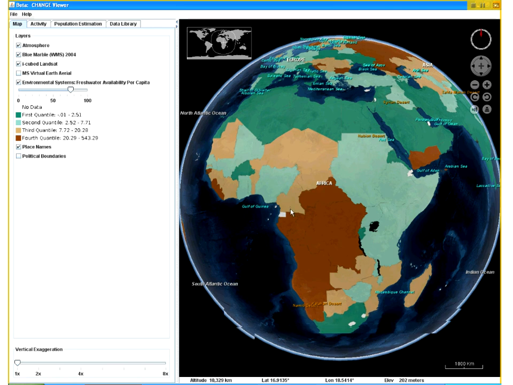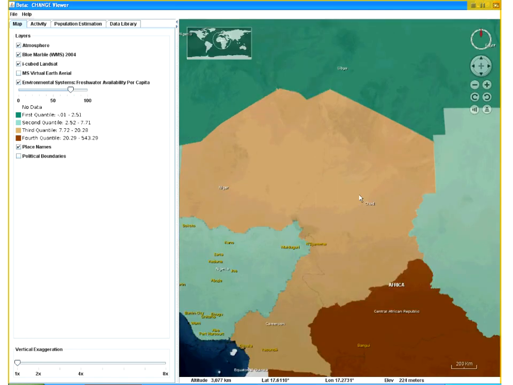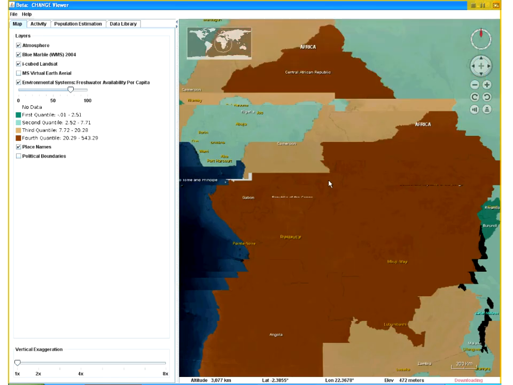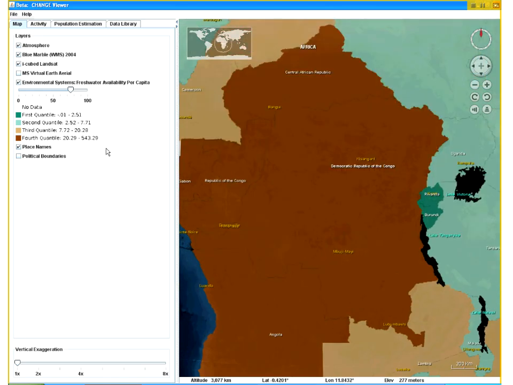But if I zoom in, I start to see that different names start to appear. And because I have this data set turned on that's showing me the freshwater availability per capita by country, I'm starting to see the difference between the countries just based on the color. But if we take a look at the DRC, and what I said is the fourth quantile has a high